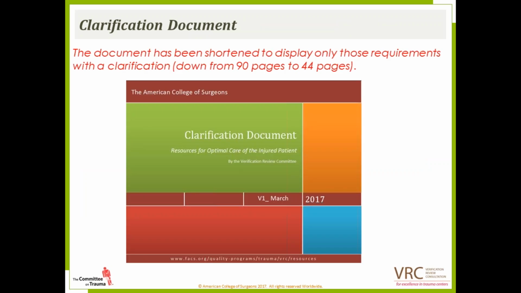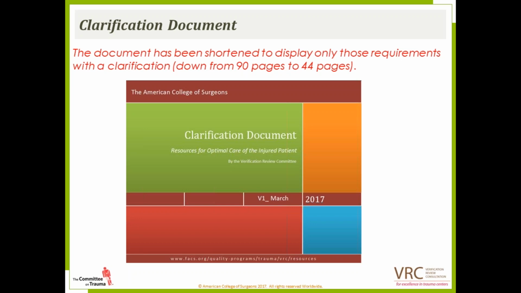Again, I just want to let everyone know we just released a copy of the clarification document through the end of November. We just released it this past Friday, I believe it was. And we did make a change to this, and I'm glad to know that one person did catch that change. The change is that we have shortened the document to only display those standards that have a clarification.